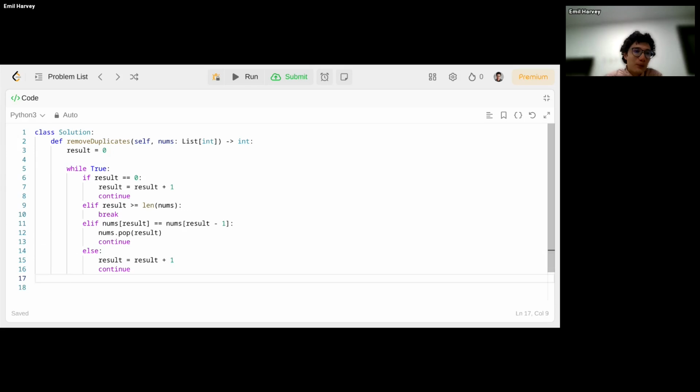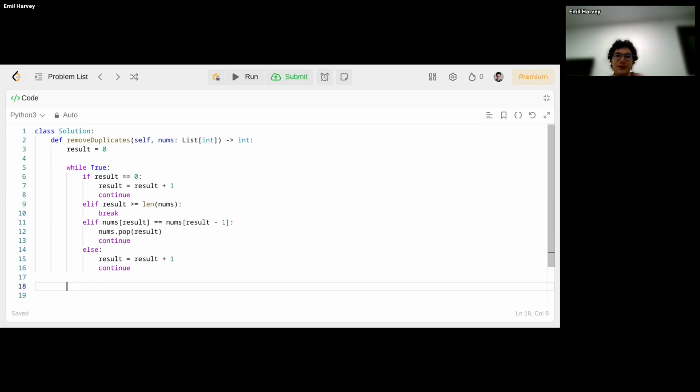We just have to remember what we want to do with this function. Step 1 was to modify numbers in place, and we do have a spot in there on line 12, I think, to pop stuff out of it. And the last thing is we want to return the final size. That final size will be results. So we can just return results. And so, yeah, really when I'm coding in general, all of my return variables are always called results, only because you can't use return, because that's already a thing in most programming languages.